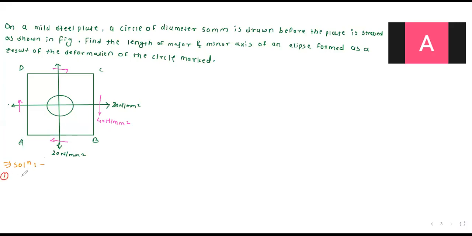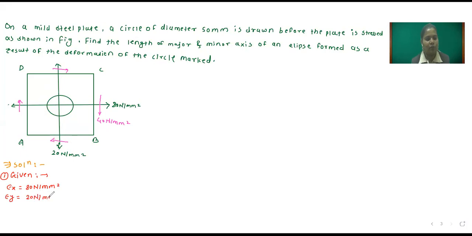Okay, so first step we will write given parameters. Here epsilon x is given, epsilon x which is equal to 80 Newton per mm square. After that the next parameter is epsilon y, so epsilon y is 20 Newton per mm square. The next one is